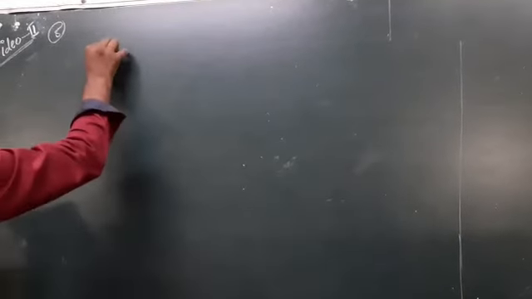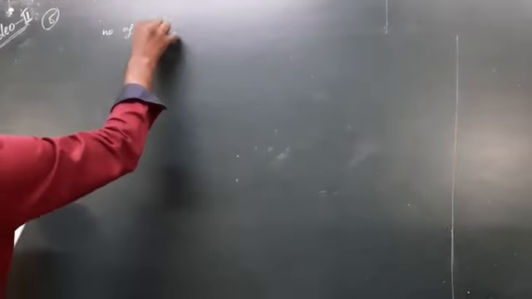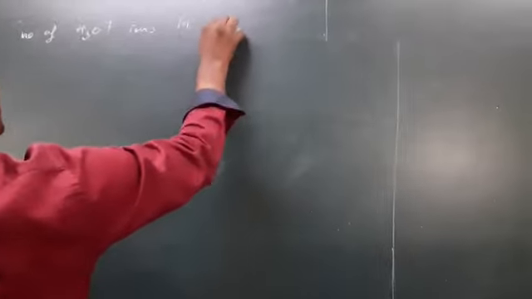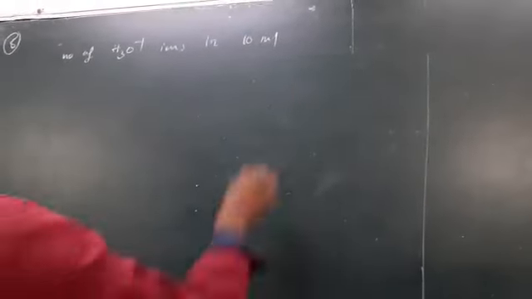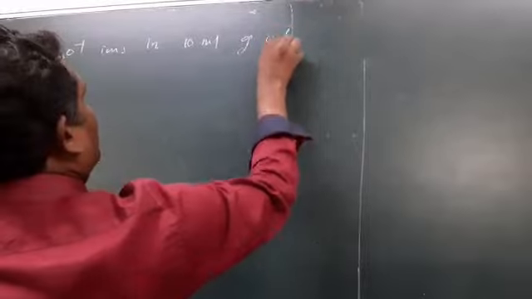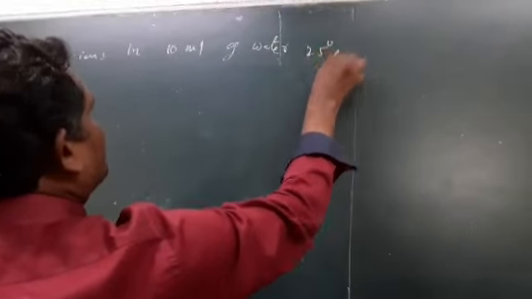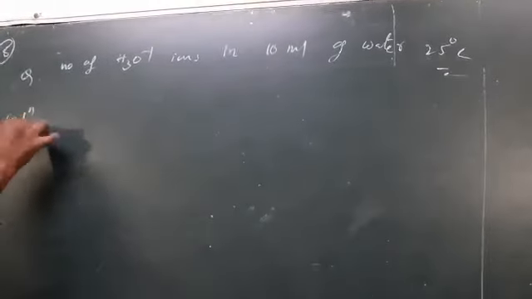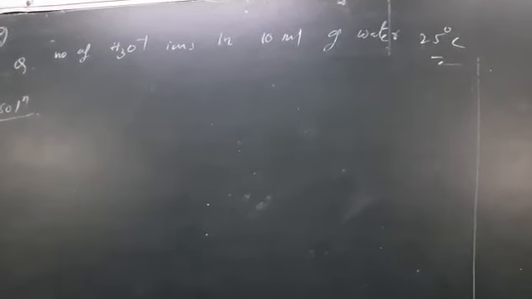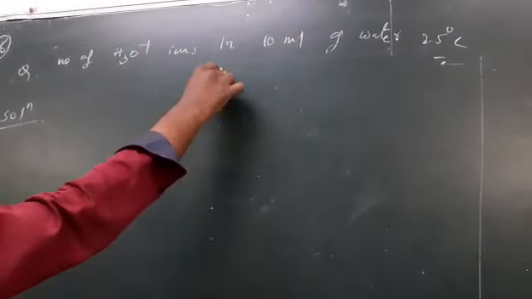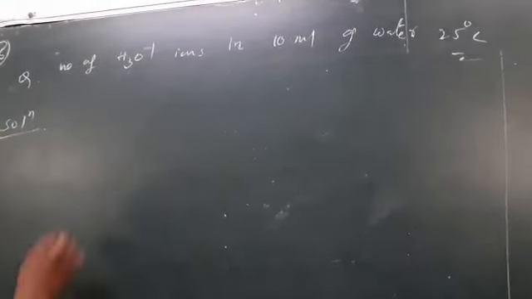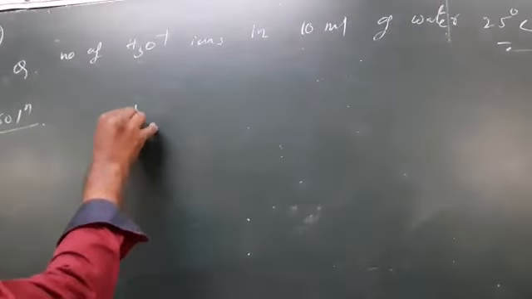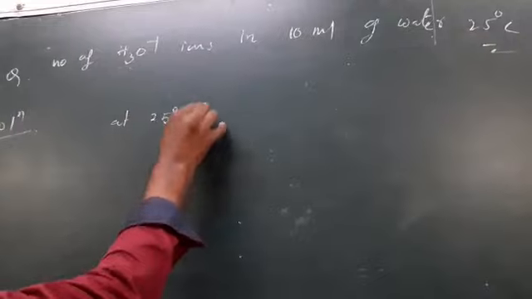Number of H3O plus ions in 10 ml of water at 25 degrees Celsius. That is the question. The number of moles of hydronium ions, H3O plus ions, in 10 ml of water at 25 degrees Celsius. You know that at 25 degrees Celsius,